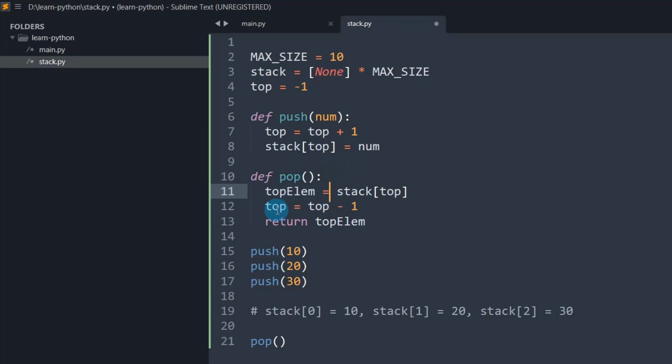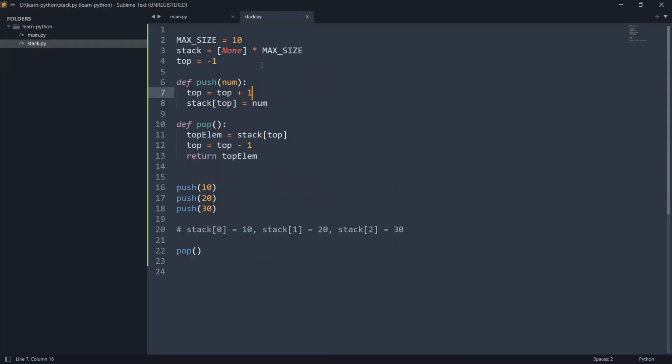After that we are decrementing top by 1, that is top minus 1. Top will point to index 1 now. Then we are returning the top element, that is nothing but we have stored 30 here and we are just returning the 30 value from here. So now what is the value of top after this operation? The value of top index is 1. That means we are having only 0 and 1. We don't care about what is there in the second position because now our stack size has become 2 after this pop operation. Correct?